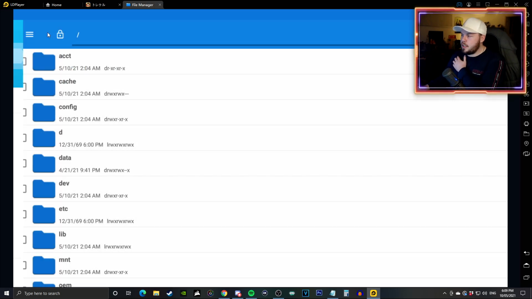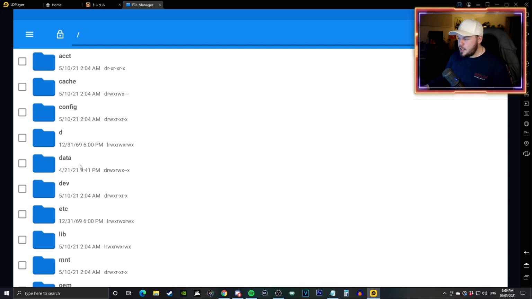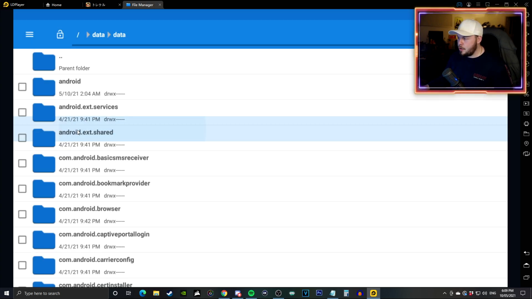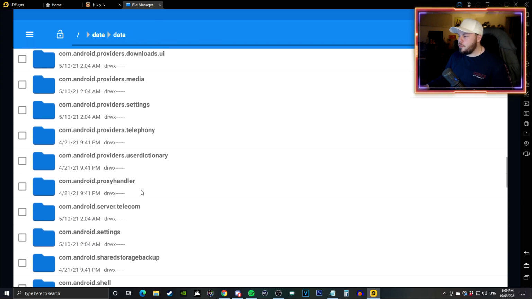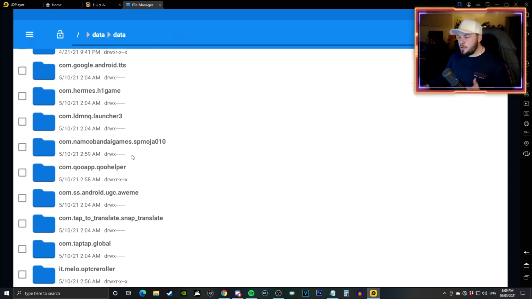So first of all, you want to click the 3 tabs at the side and go to the home screen. Now from here, you want to navigate to the data folder, and then there will be another data folder we're going to progress to. All of these folders are the applications installed on your device. The folder that we want to go to is this one right here called com.namcobandai.games.sp.moja